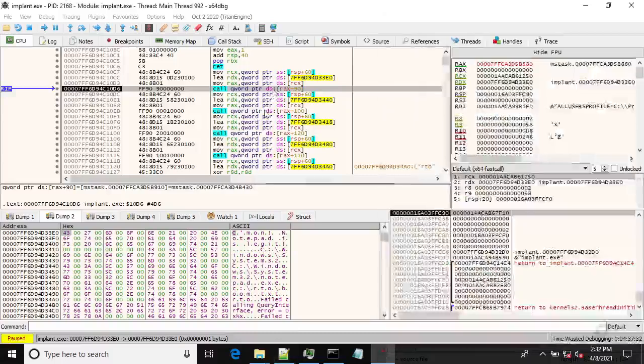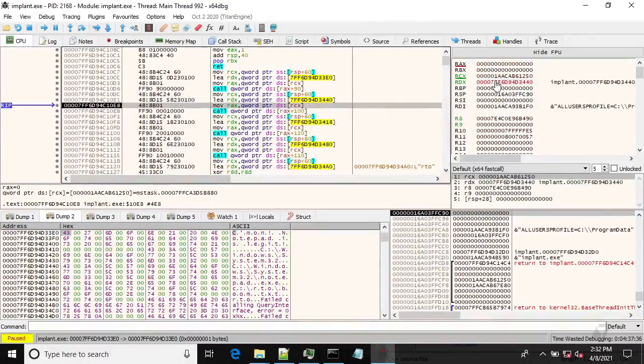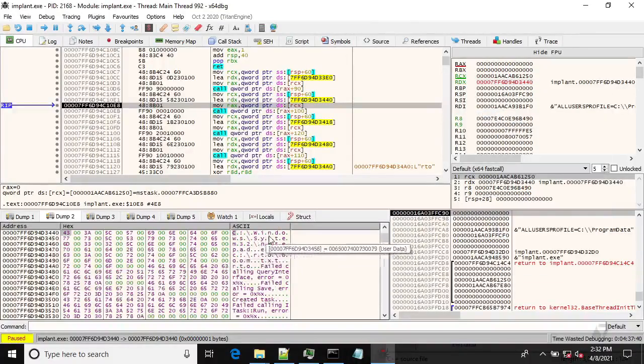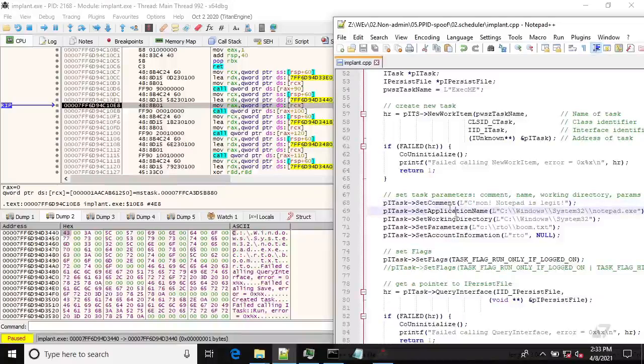Okay. Next one, what is this? Let's see this. It is Windows System32 Notepad. So it's a path to our application, right? Yep. So this call RAX plus 100 is this method,